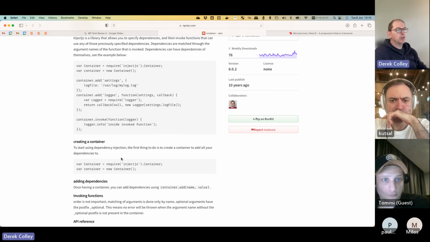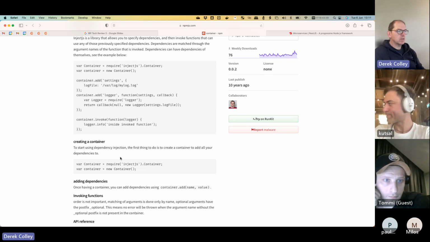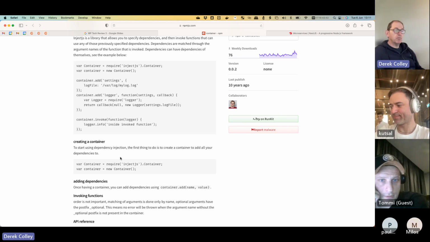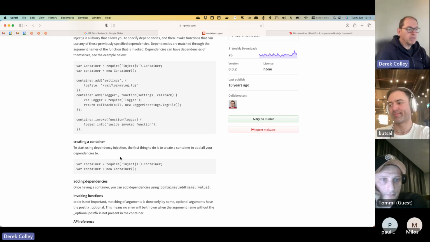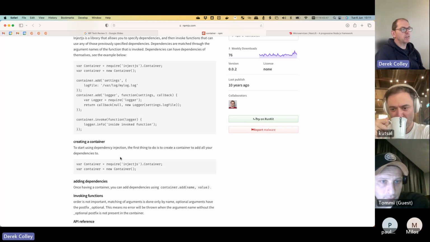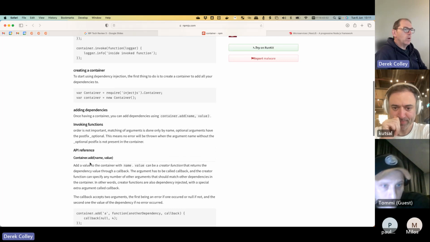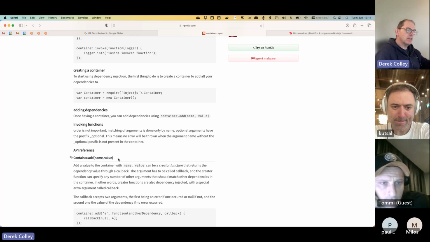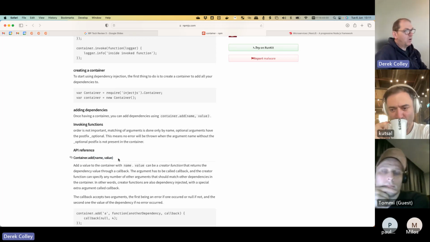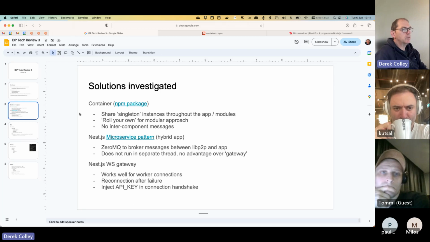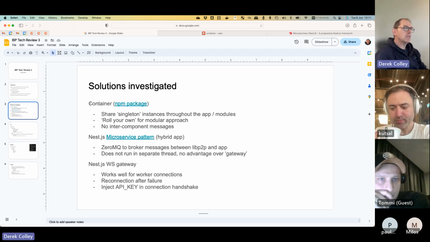Then later on, you can pass this container around to your modules. I call it context because I think context is a better word, and you can ask the context. It's almost like a provider. You say, give me the database connection or give me the URL for the API server or something like that. This helped a lot, where you could add all of the various modules to the container and then reuse them later. But it didn't solve the problem of having multiple components where the components needed to talk to each other. So we still had to